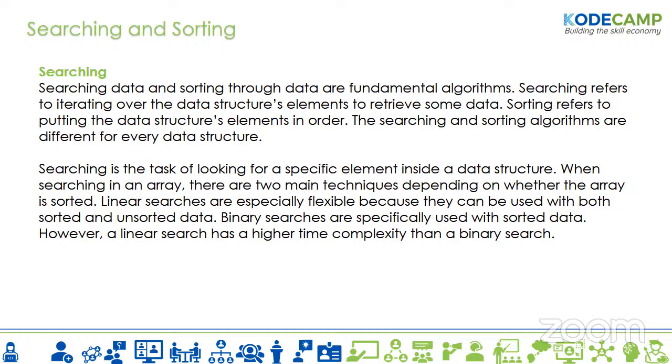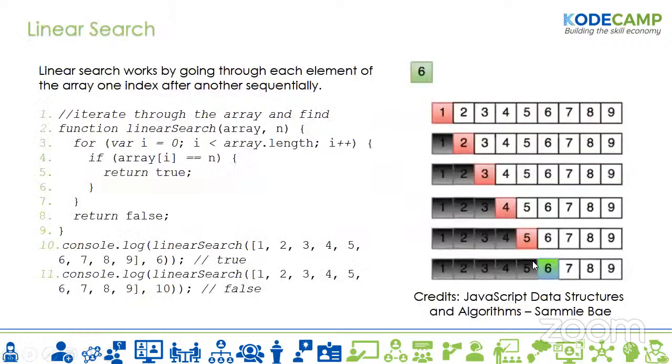However, binary search is more performant, but it works only with sorted data. As a matter of fact, it cannot work with unsorted data. I'm going to explain that to you when we get to it. However, linear search has a higher time complexity than binary search. So let's look into the details. Let's start by looking at linear search. Now, how does linear search work? Linear search works by,